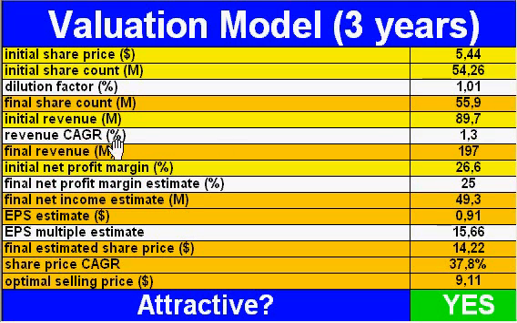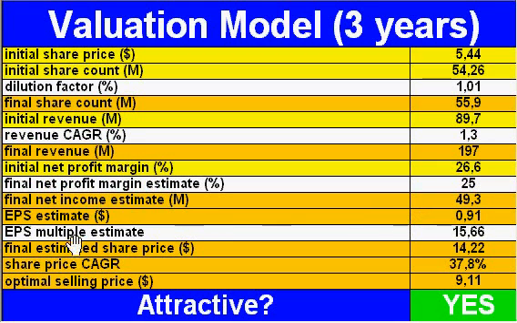preferred shares issue. And initial revenue $89.7 million, and I expect revenues to grow about 30% a year going forward, which gives me a final revenue for fiscal 2009 of almost $200 million. Initial net profit margin is quite rich at 26.6%, and I expect the company to be able to maintain this at 25% or so. And this gives me final net income for 2009 of 49.3 million, which means 91 cents